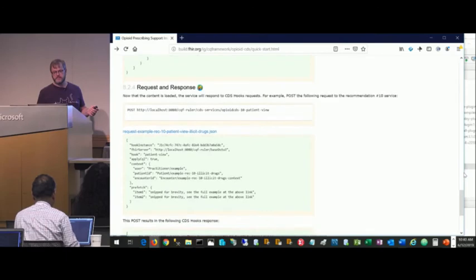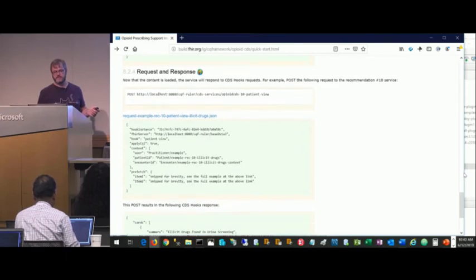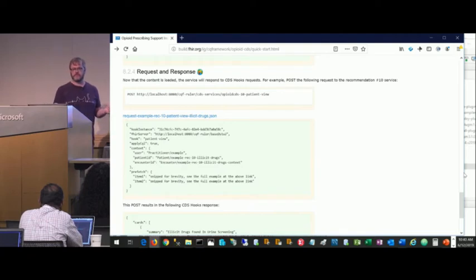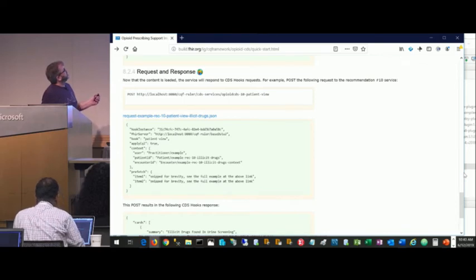So then the next step is the actual request and response. Once you've got that content loaded and you've got a server that can answer your query, then you post to that endpoint, right? Opioid CDS-10 patient view, you post the actual request, and